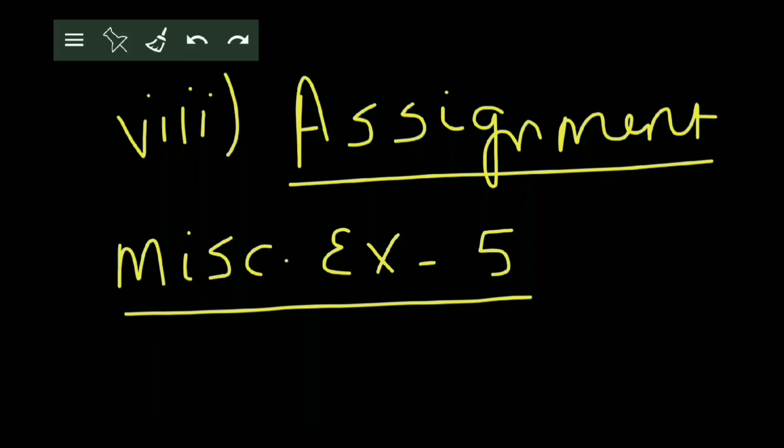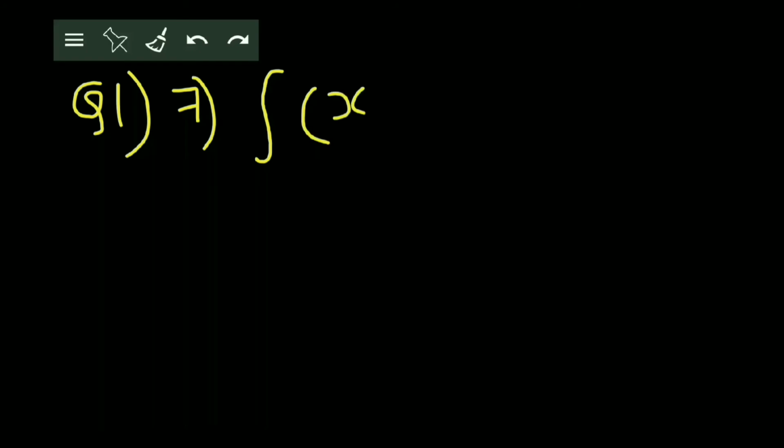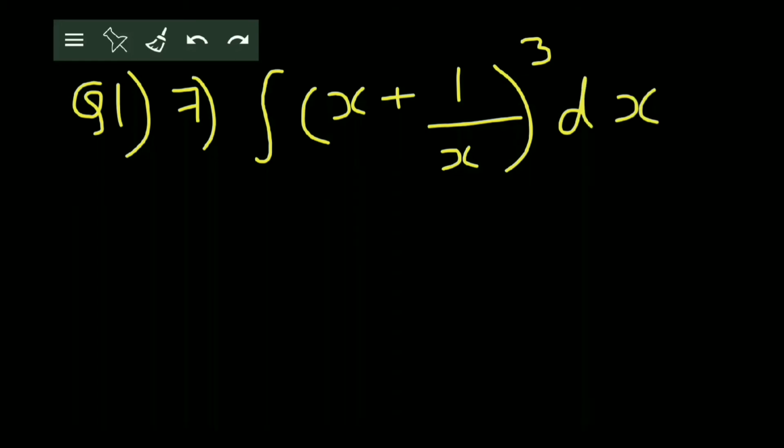Okay. So from Miscellaneous Exercise 5, we observe that in question number 1, choose the correct alternatives, the 7th question deals with this particular formula which we learnt just now, that is x raised to n and 1 upon x formula. Just check it out. You have to find the value of this particular integral. There are 4 options given. You will arrive at the correct option only by solving. By now you have understood how to solve in maths: MCQs cannot be learnt by heart, you have to solve them. So we have to solve this and choose the correct answer from those given. So in this case, x plus 1 upon x the whole cube.